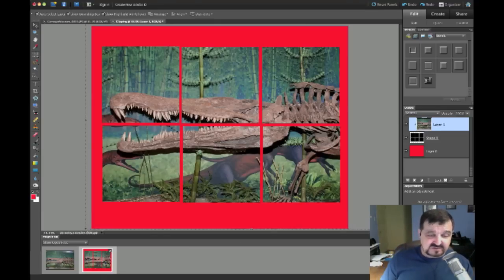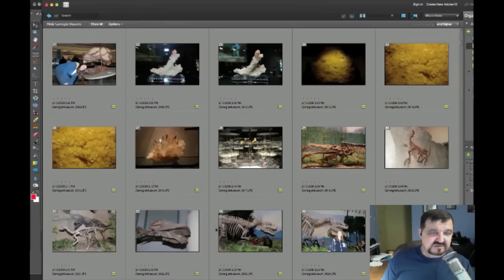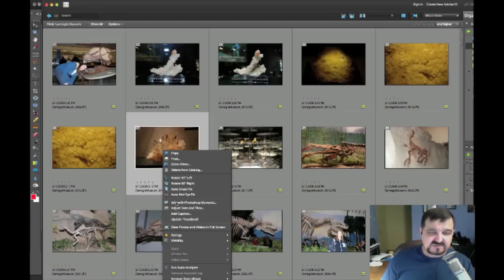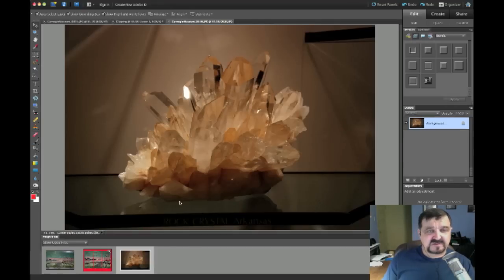We are going to look here. I just wanted to see if there's anything else that we might want to work with, something like that with a clipping mask. Maybe something like this one. I'm going to open that up. That's a nice picture there of some crystal. And what we want to do there